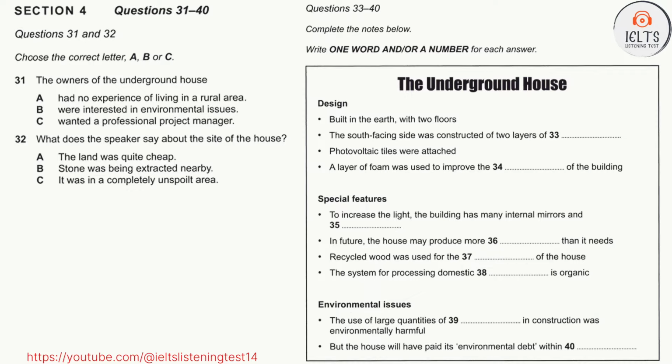However, once the initial debt has been cleared, and it's been calculated that this will only take 15 years, this underground house won't cost anything, environmentally I mean, because unlike ordinary houses, it is run in a way that is completely environmentally friendly. So, eco-housing like this is likely to become much more